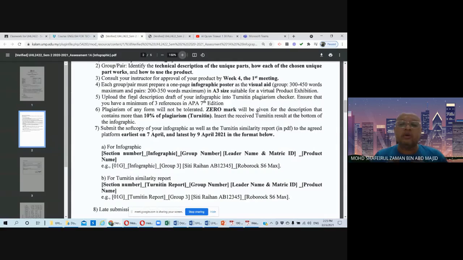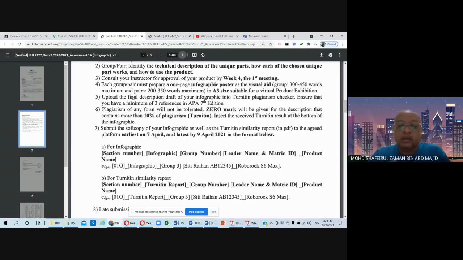Using my own Turnitin account, since the teacher's account is a bit different from yours, I'm going to upload all of the 9 drafts from the groups and 1 draft from the pair into the platform, and then I will generate the similarity index report. So it's going to be better.